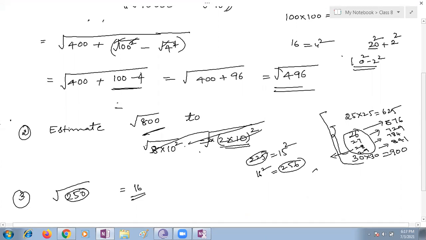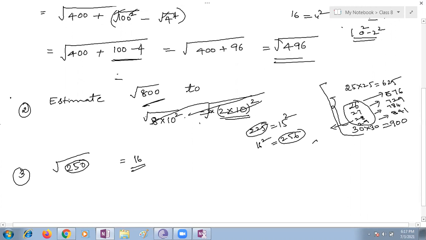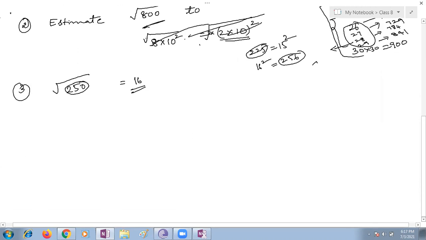It's not rounding down. If it is less than 5, you can round down. Ma'am, what if it is 0.5? Exactly 5 also we will round up. Then it will go to 16. Round up only, not round down, children. Exactly 5 also we are going to round up only.